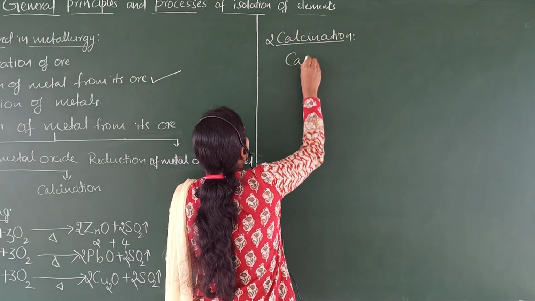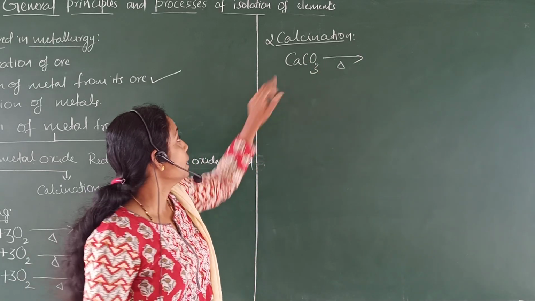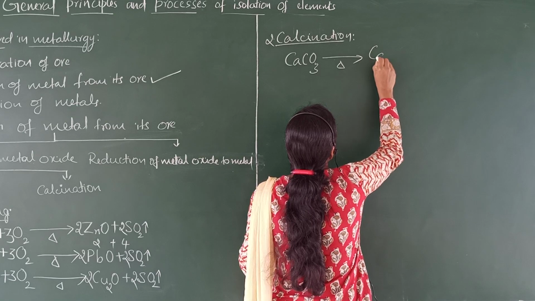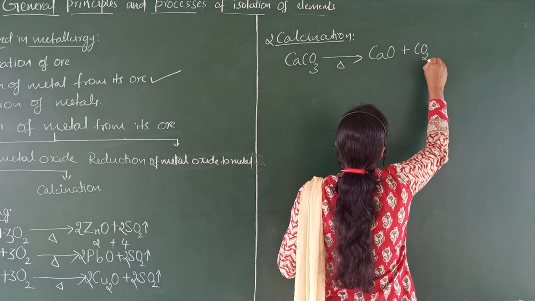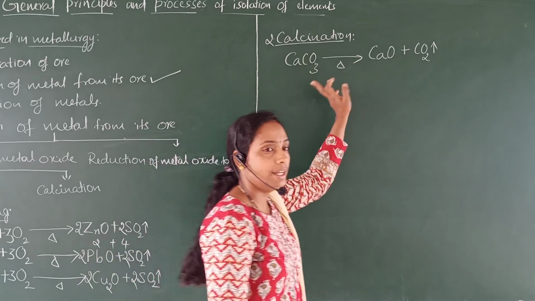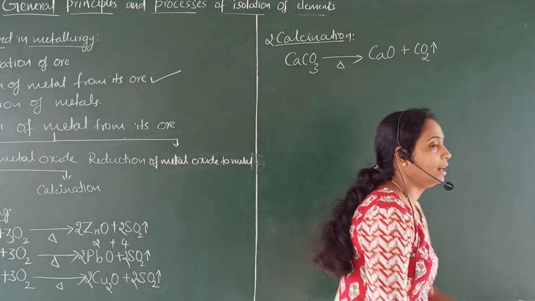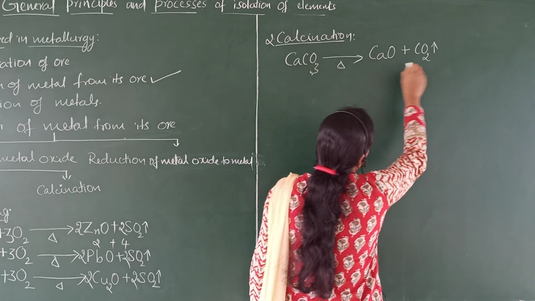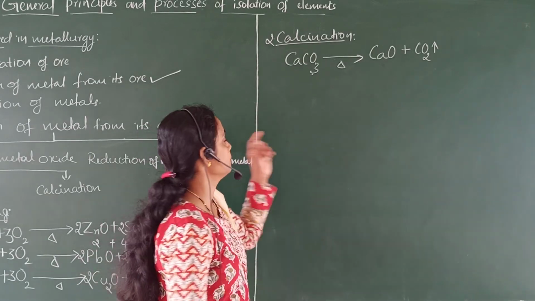We take the example of calcination of calcium carbonate. The common name of calcium carbonate is limestone. When limestone is heated, it undergoes a decomposition reaction giving rise to calcium oxide with the liberation of carbon dioxide gas. Here, the number of calcium atoms on the right hand side and left hand side are the same. The number of carbon atoms on the left hand side and right hand side is 1, and the number of oxygen atoms on the left hand side is 3 and on the right hand side is also 3. Such equations are called self-balanced equations.